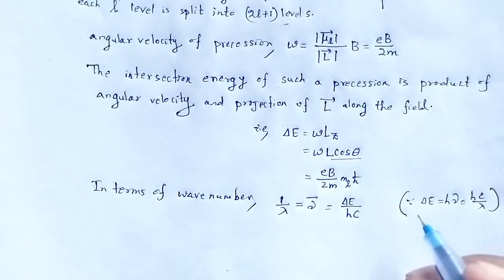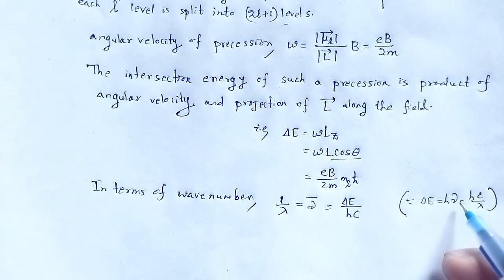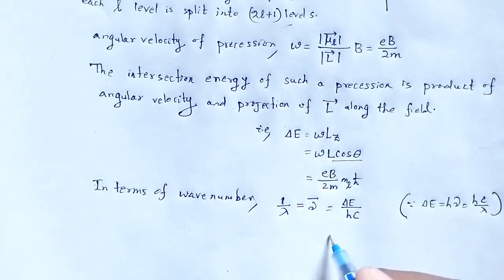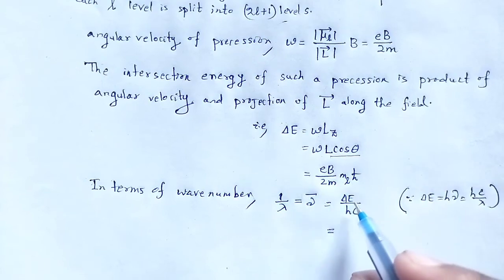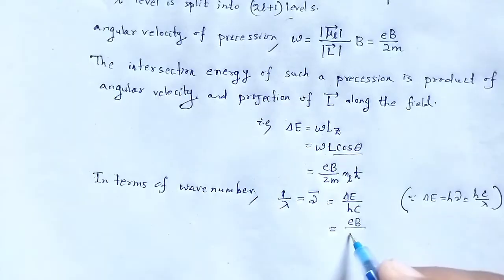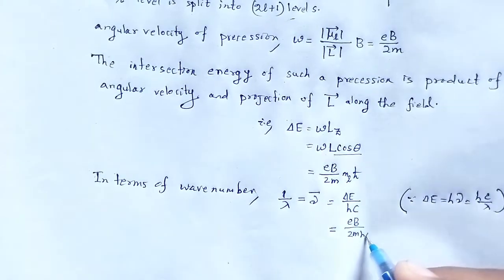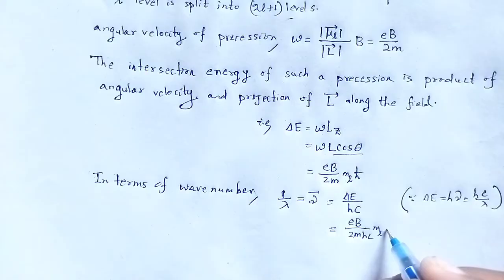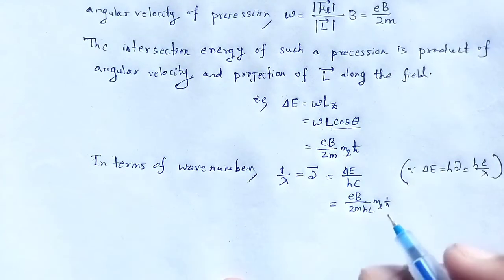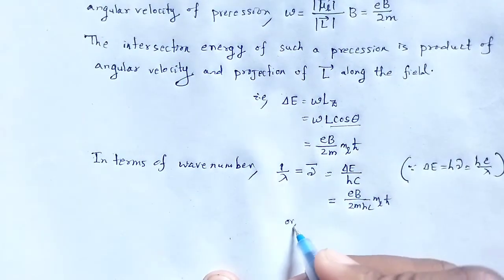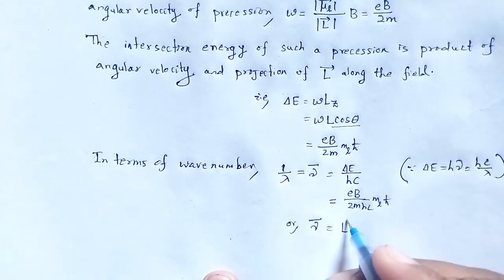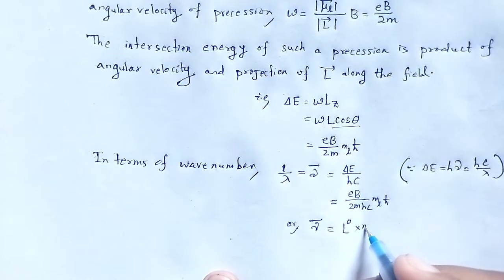Therefore nu bar, 1 by lambda, is equal to del E by hc. So the value of del E is put here, that is e B divided by 2m, h cross, ml, and that quantity, or we say the wave number nu bar, is equal to L naught into ml,